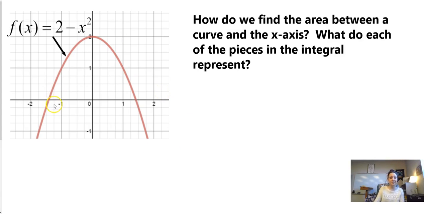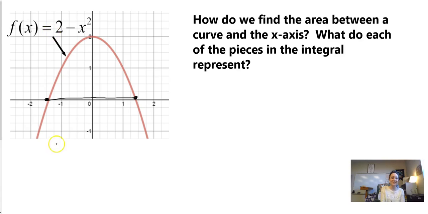So this is what we had been doing, right? I give you some kind of function. I say, can you find me the area under the curve? And that means the area between the red graph and the x-axis, right? So I'd first need to find where this graph intersects y equals 0, or the x-axis. You can probably tell if you set this equal to 0 that your x-intercepts would be plus or minus square